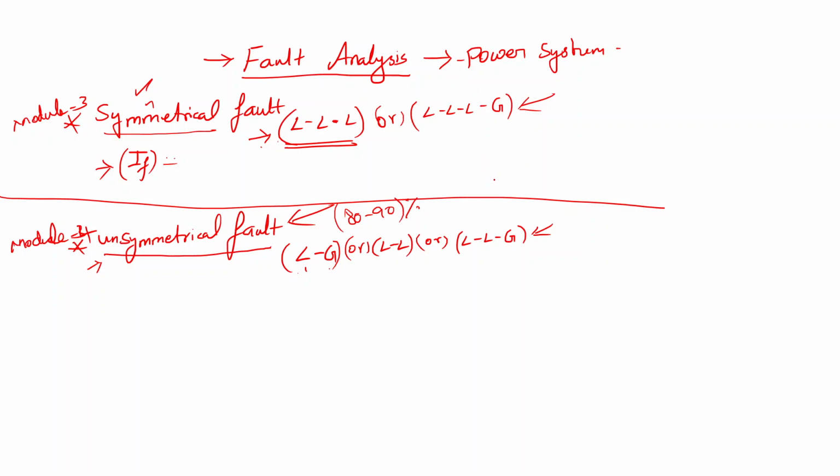Why? As the voltage dip is very low, the current drawn by the load can be neglected in comparison to the fault current. The fault current is huge compared to the load current, so we can neglect that. In a symmetrical fault, because the current is balanced during the fault, the calculation is simpler than the unsymmetrical fault that we already discussed.